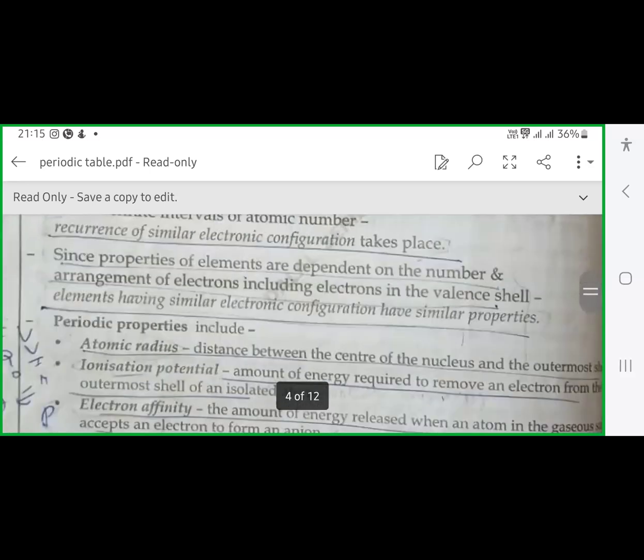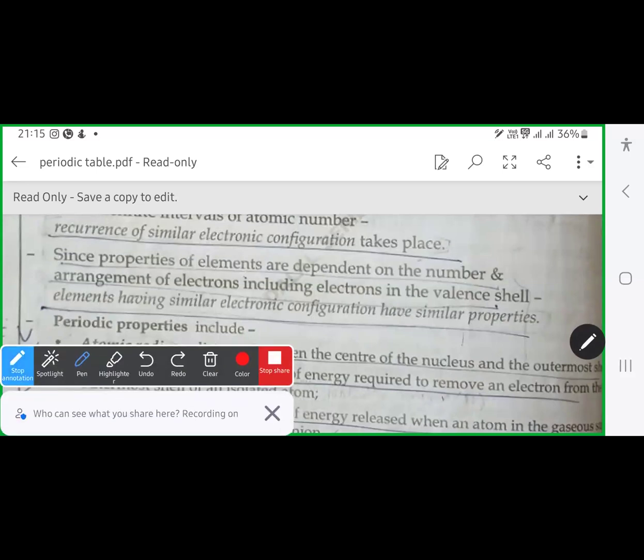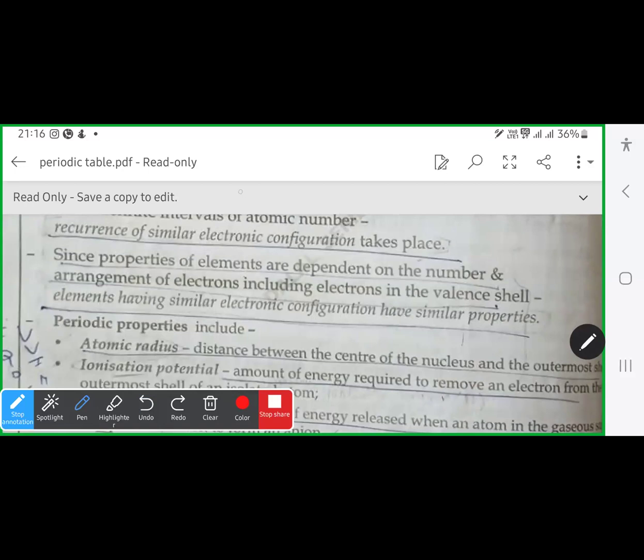So what is the difference between Mendeleev's and the modern periodic table? See, in Mendeleev's, he gave groups 1 to 7 with A and B subgroups. In the 8th group, Mendeleev put three elements together, and a zero group for inert gases. Clear? Yes, sir. So, what Moseley did, Moseley separated them all, means 7 into 2,